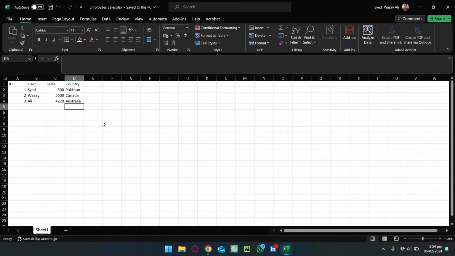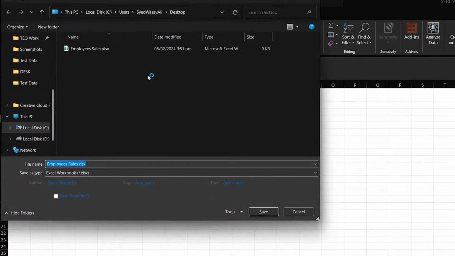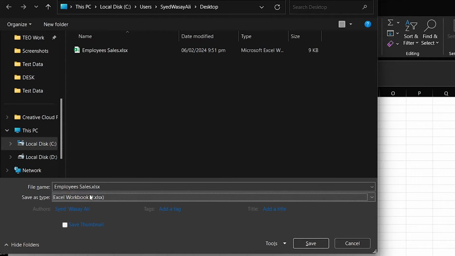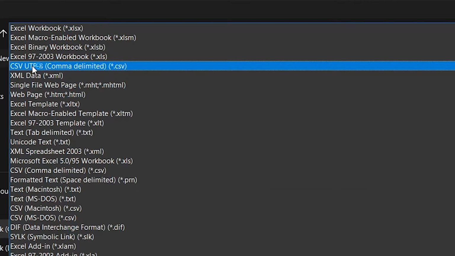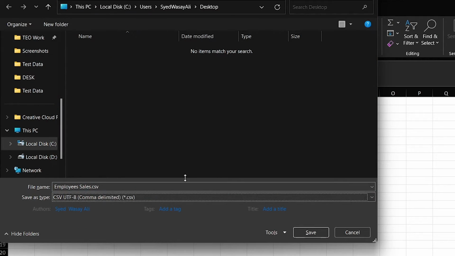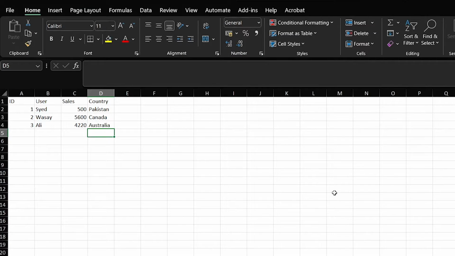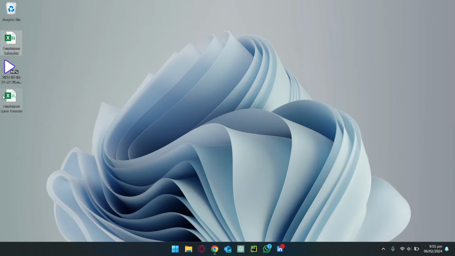So in order to save it as a CSV file, just simply click F12 on your keyboard and it's going to show you this pop-up menu. From the save as type option, click on it. Make sure you select the option CSV UTF-8 delimited, and we're going to select this option, and I'm going to name this employee sales new so that I know it is a CSV file. Click on save, and now if I close, you can see on the desktop I have the new CSV file